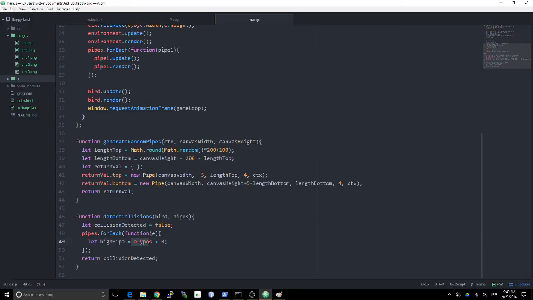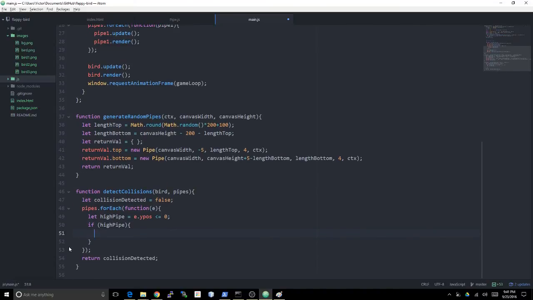So if the y pos of the high pipe is like this, right, -5, then less than or equal to, let's say, just in case I decide to change that later on. So now I can just say if high pipe